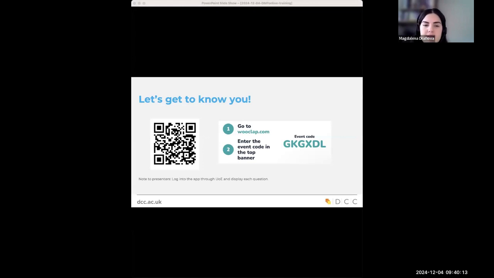The event code is G for golf, K for kilo, G for golf, X for Xerox, D for Delta, and L for Lima. Or I think you might be just able to scan the QR code, but I haven't tried this before, so I can't tell. But I'll try to move to the next slide. Oh, there we go. Actually, if I make this bigger, you can also see it in here. Apologies, I was just having the QR code visible in here. So again, if you're able to just go to VooClub and enter the event code,